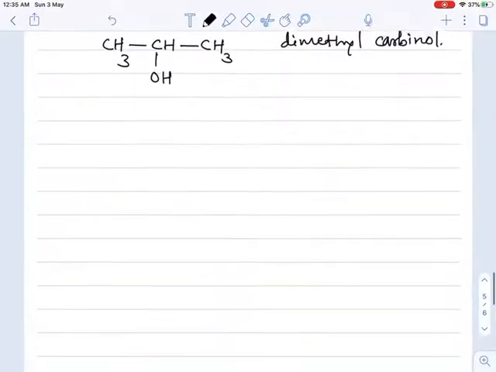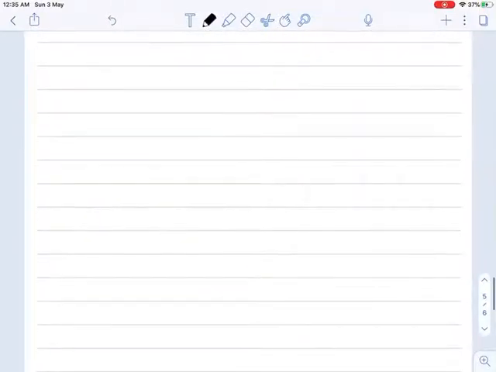Now the next nomenclature method is the third one, the IUPAC system, or it can also be called IUPAC, whatever you like. So in the IUPAC system,